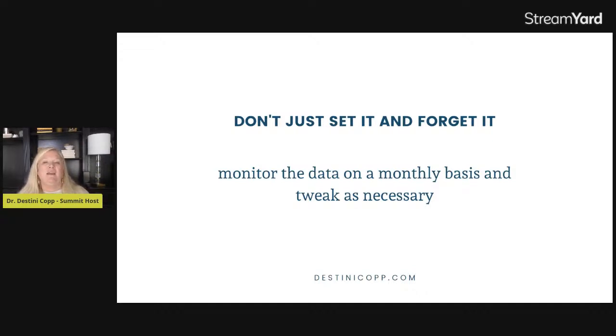Are they not clicking? Look at it and figure out what's working and what's not working there. Jennifer, who is a speaker in the summit, has a great presentation going on today about how to review your marketing data, see if it's working or not, and what to do if it's not. So definitely check out her presentation.